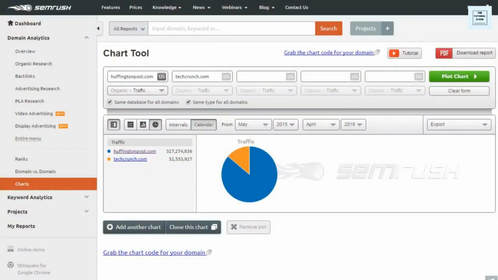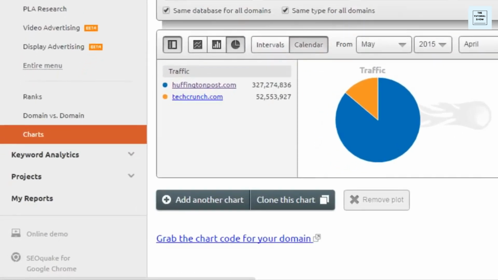At the end of the day, you need to be able to provide SEO reports to clients if you are working directly with clients so that they understand the work that is being done and they can also see the results from your efforts. And SEMrush allows you to create reports that you can provide to clients very easily. So to do this, you can click on the My Reports menu.